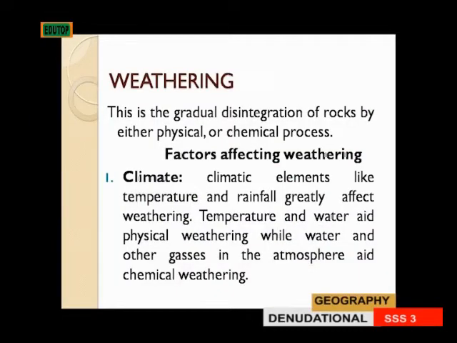About weathering. Weathering is the gradual disintegration of rocks by either physical or chemical processes. Many factors affect weathering. One of such factors is the climate. Now, climatic elements like temperature and rainfall have great influence on weathering. Temperature and water enhance the physical means of weathering, whereas water and other gases in the atmosphere aid the chemical